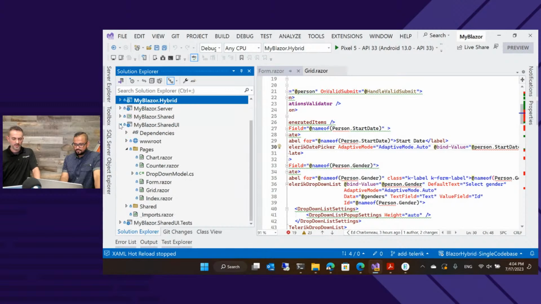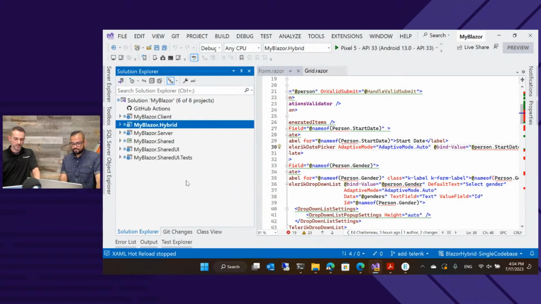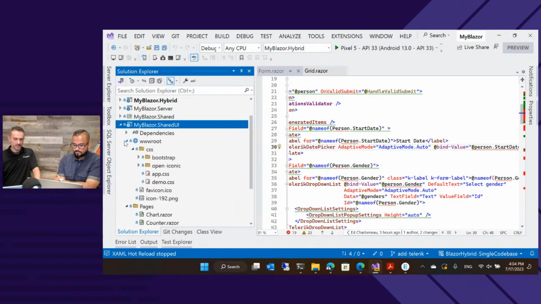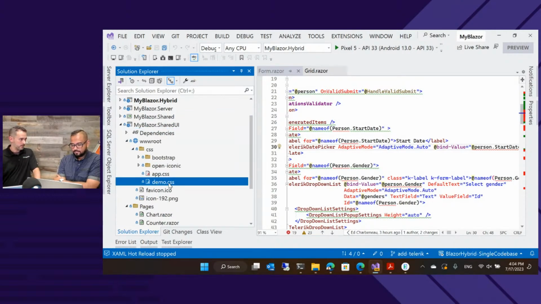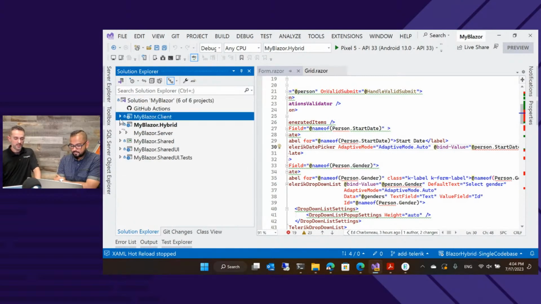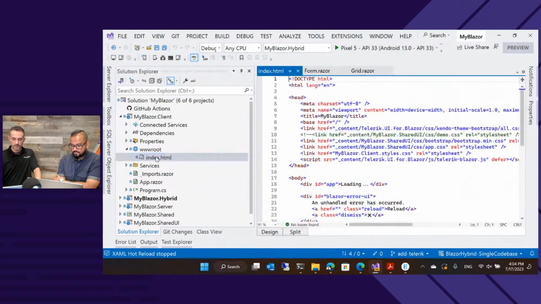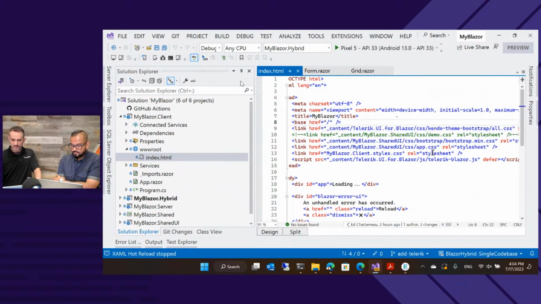And since everything in this app boils down to the shared UI folder here, you go into your theme builder, build your theme. I called mine demo because we're in a demo. Drop that CSS file in your shared UI. And then you do have to go touch the index files and let them know where that new style sheet is. I've got mine nicely commented out for demo here.